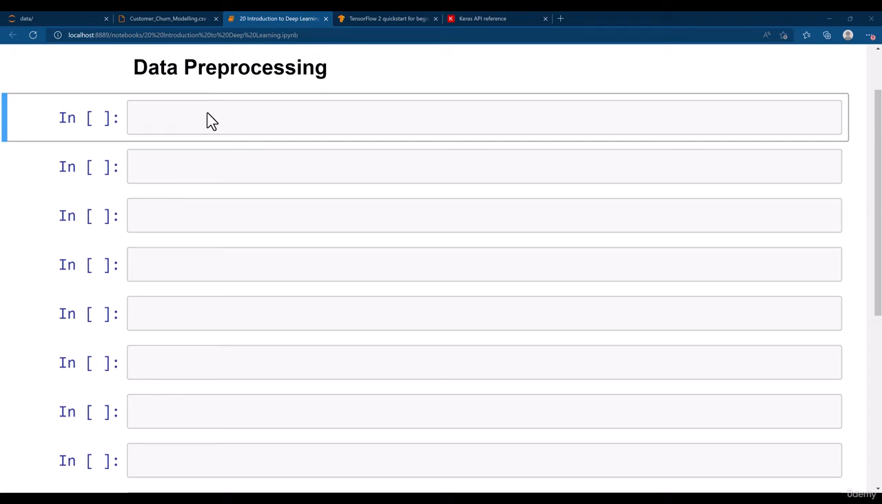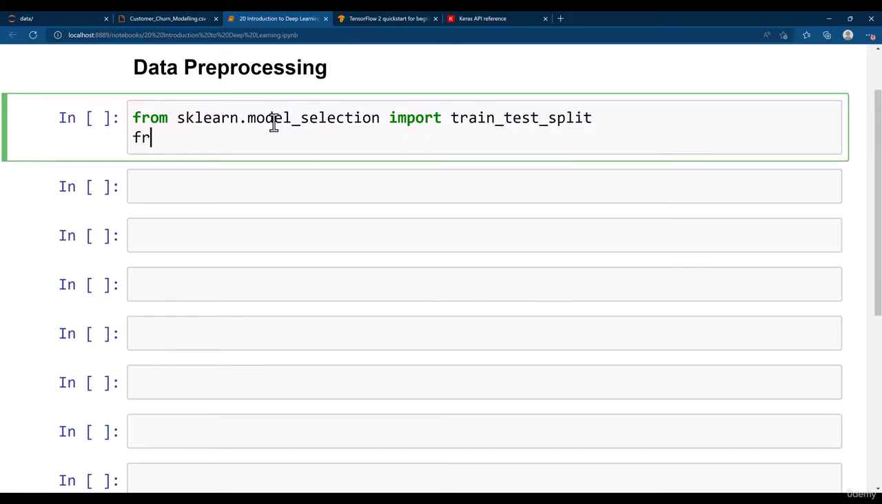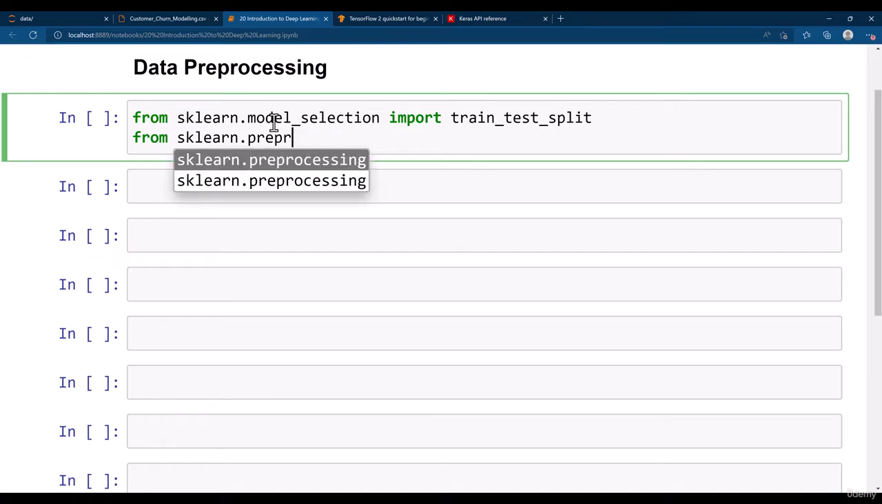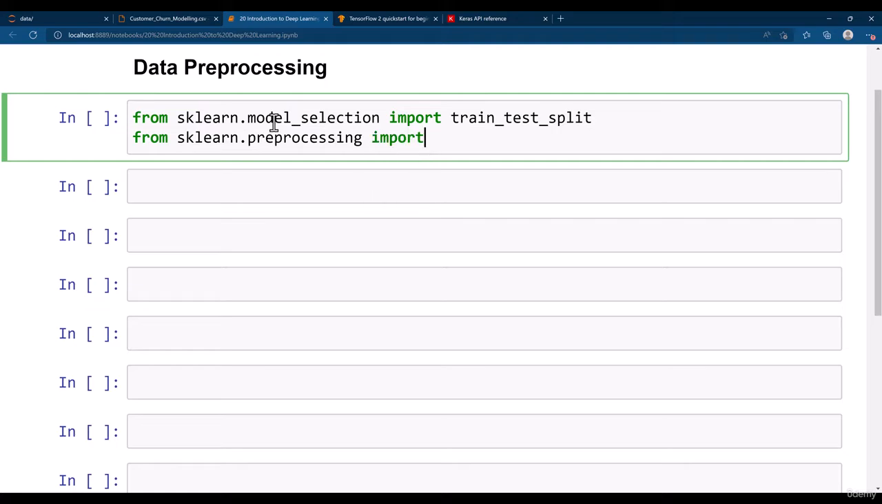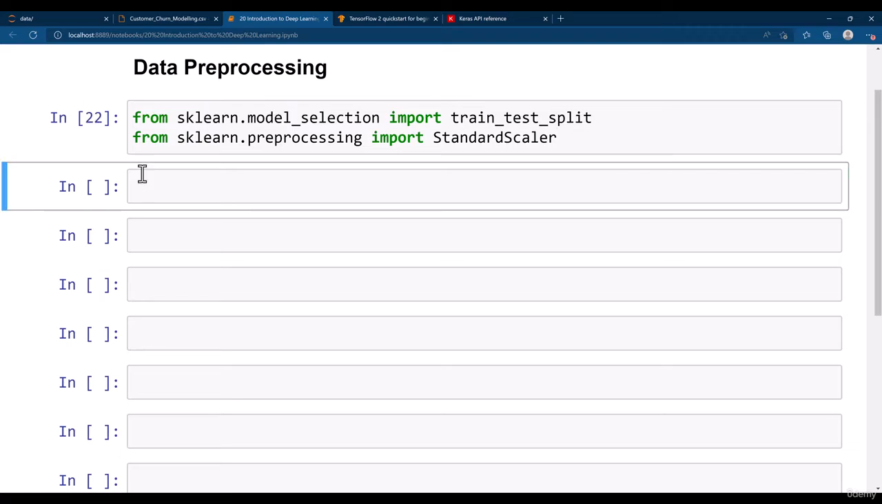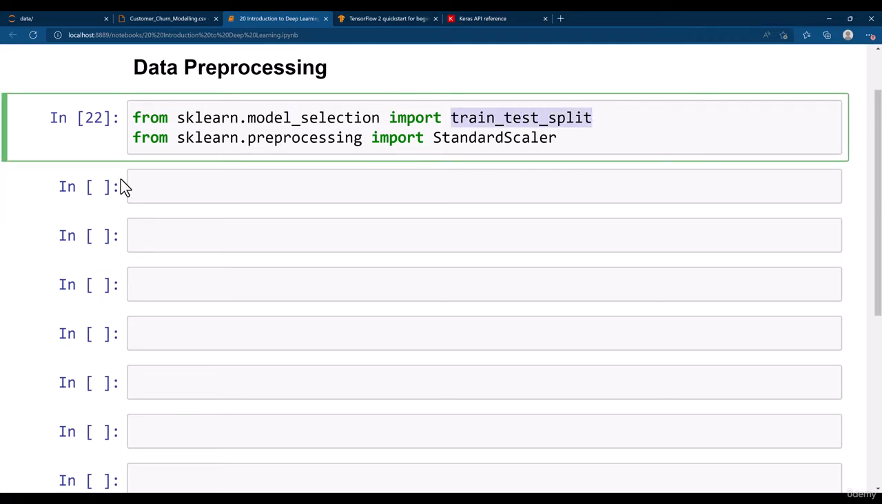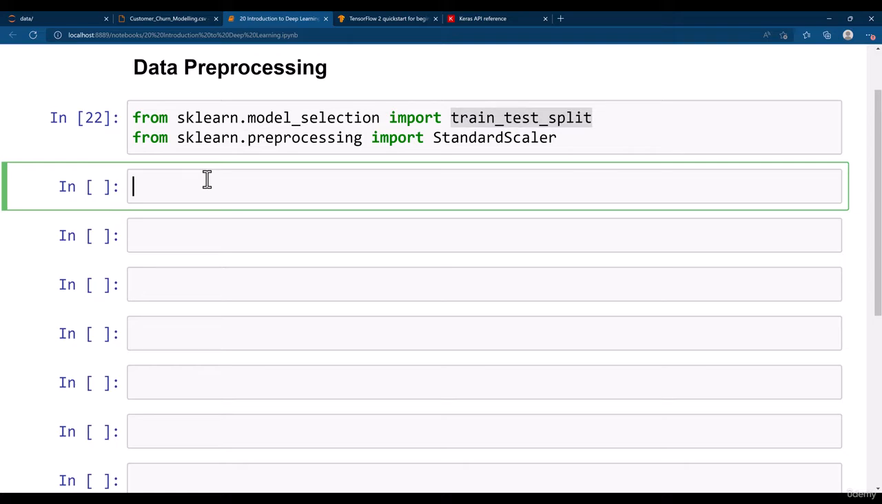Alright, let's go ahead and do the data preprocessing. So we need to first import train_test_split, and then we need to import StandardScaler. I import from sklearn.model_selection import train_test_split. Thereafter from sklearn.preprocessing import StandardScaler. Alright. Thereafter, we need to first train test split our input data and the target output, and